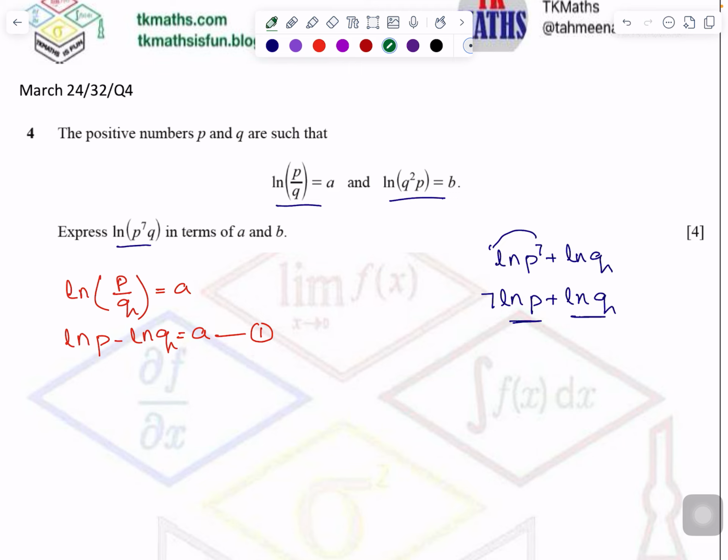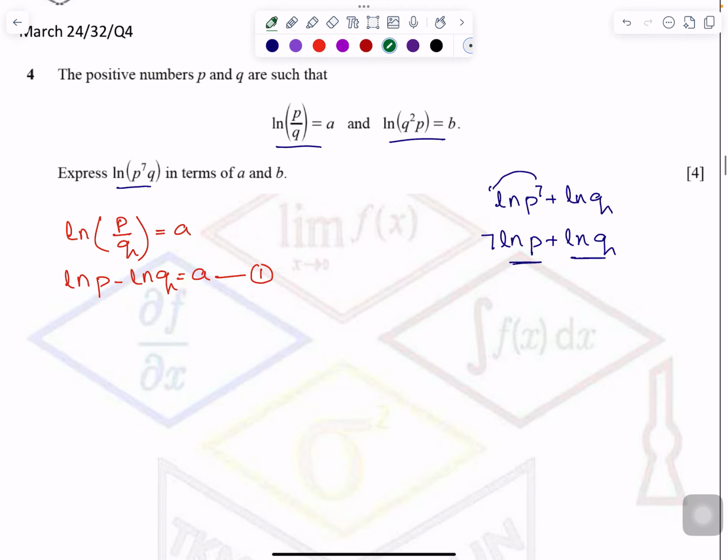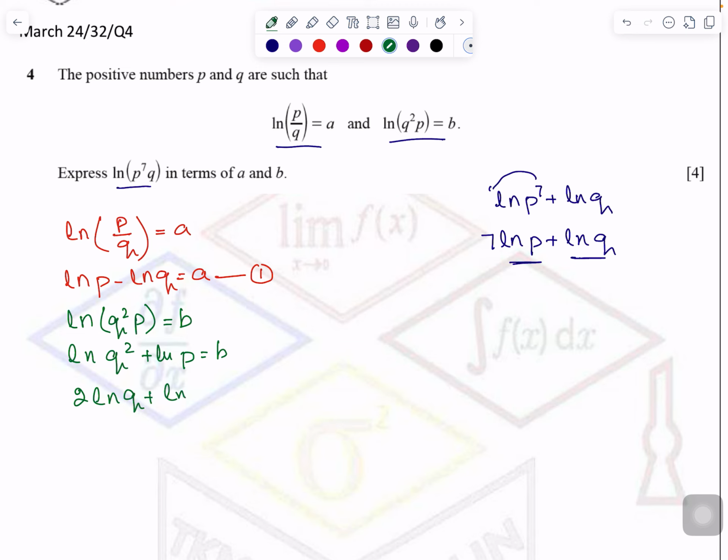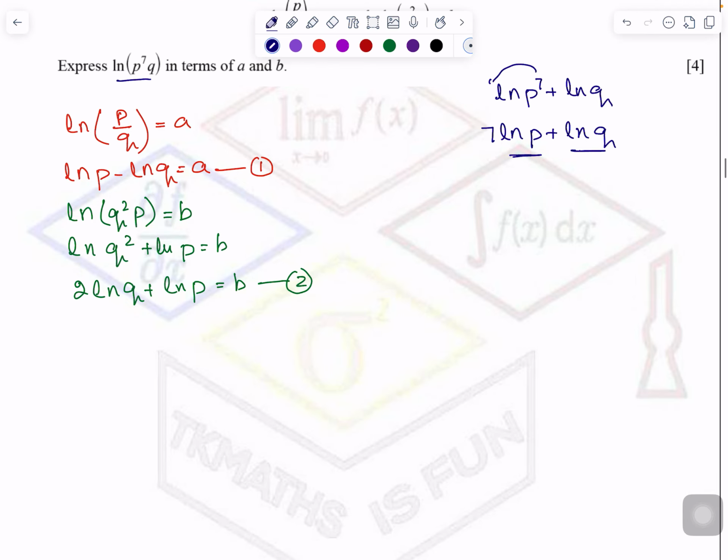Then the second condition, which is ln q square p equals b. Let's split that because they are multiplying here. So what will happen? When I split it, a plus sign will come in between, right? So it will become ln q square plus ln p equals b. And then I can apply the power law again. So this will be my second equation. So what comes to your mind? What will you do? You will solve them simultaneously to get the values of ln p and ln q,